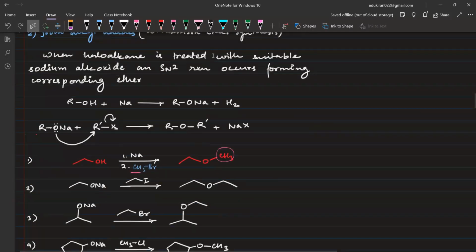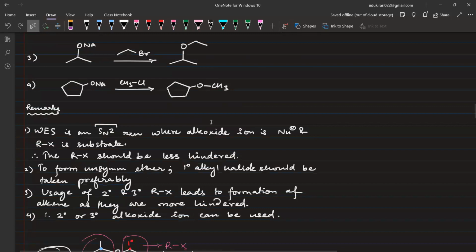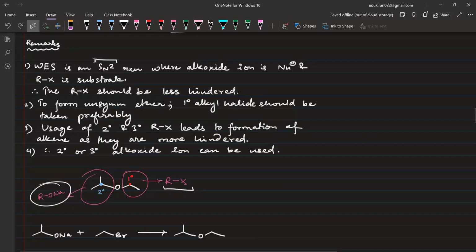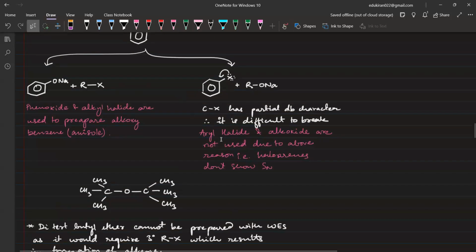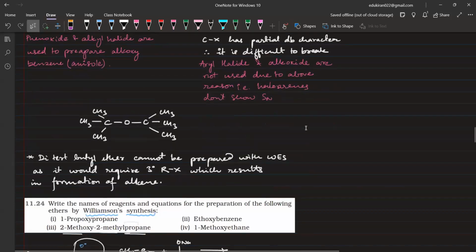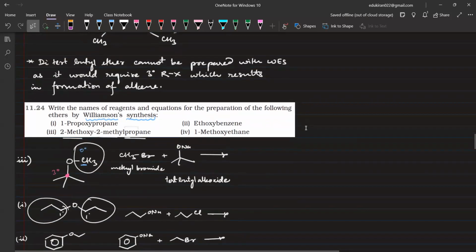Then you have Williamson ether synthesis. In Williamson ether synthesis also you have multiple Y type of questions that can be asked. कि first सबसे पहले तो ये what type of reaction is this? SN1 SN2 elimination क्या है? It is SN2. Now in order to form unsymmetrical ethers, why 1 degree alkyl halide should be taken preferably, because it is a substrate and the reaction is happening via SN2. ठीक है? After this, why aryl halide and alkoxide cannot be used to form alkoxybenzene? ठीक है? See, all of these Y type of questions can be asked. तो ये जो ethers वाला